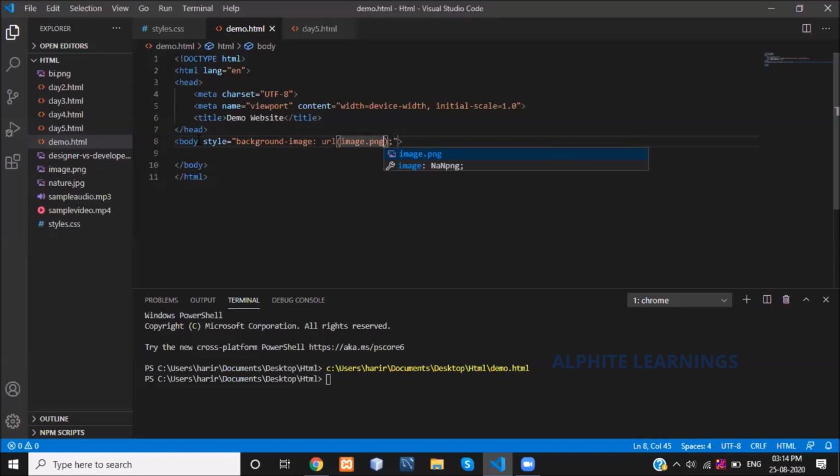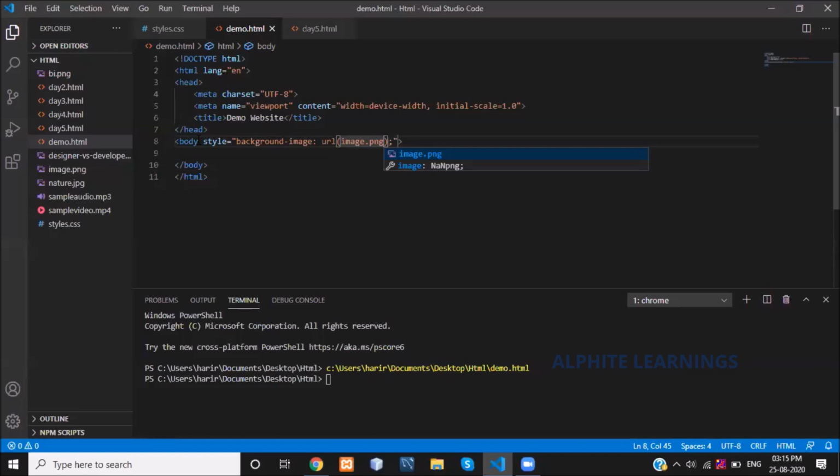Don't forget this. To insert an image, we specified the URL, C colon slash desktop slash HTML slash, and it replicates that image, right? For this background image, we mention the link as URL, and inside that URL we mention the file name only, nothing else.